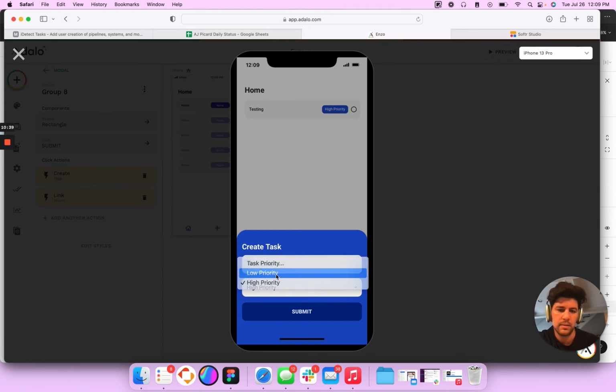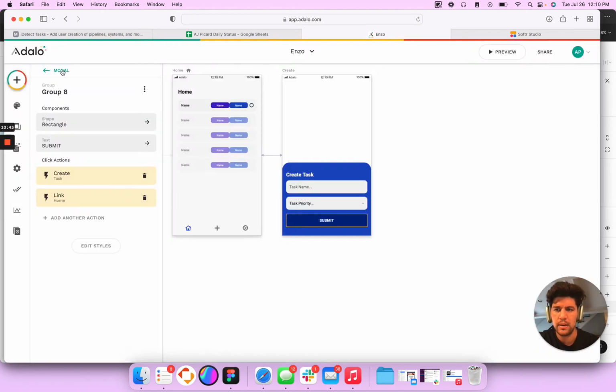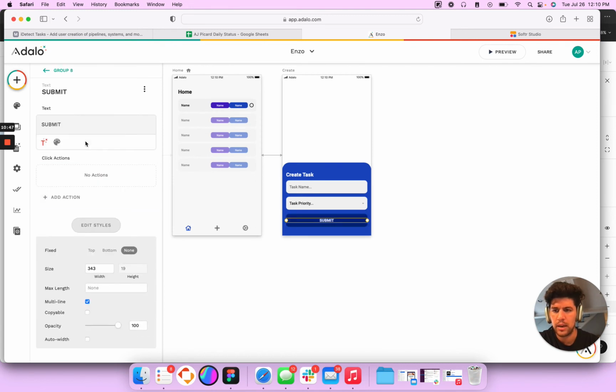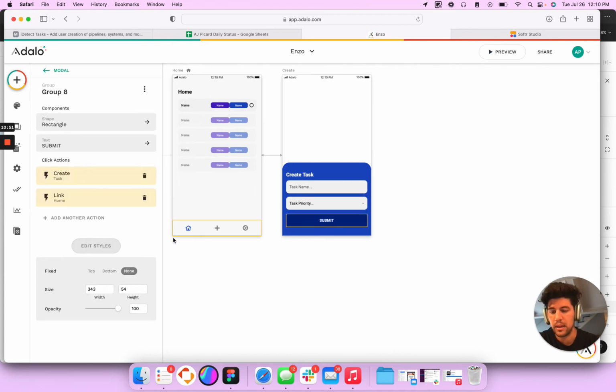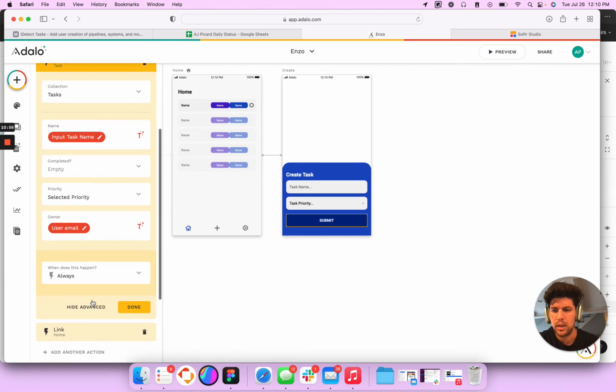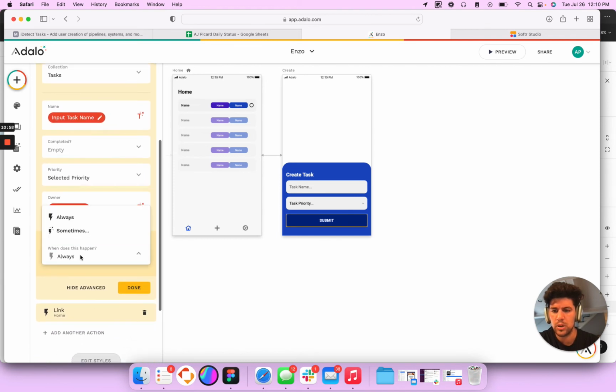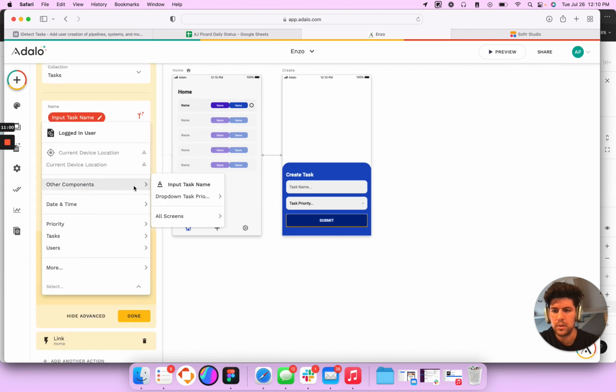Which is okay. I mean, low, high priority, it doesn't really matter. And honestly, you can't make this a required field either, which is tough because it's not in a form, but you can do this, and you could always do sometimes, and input task name